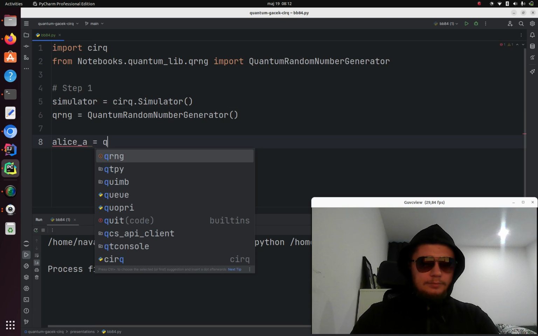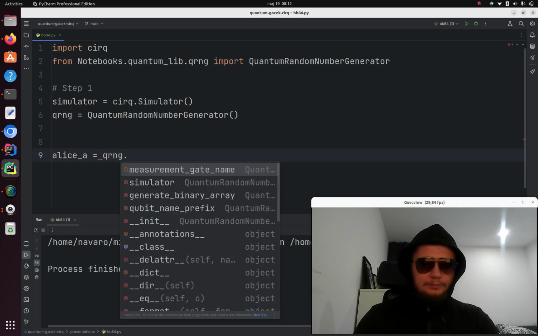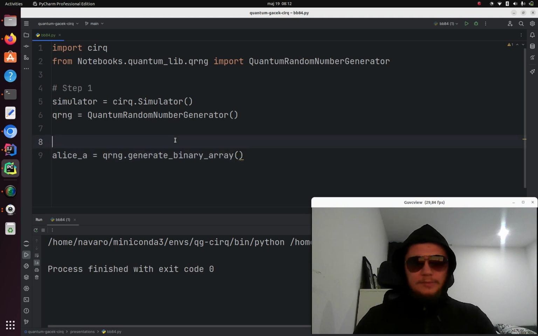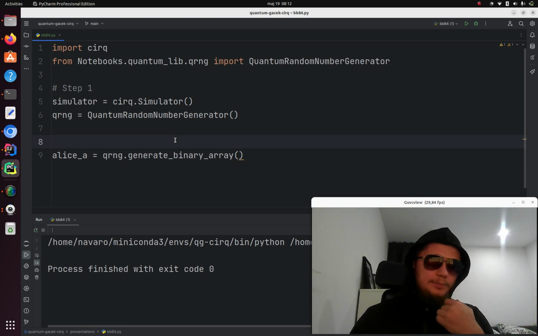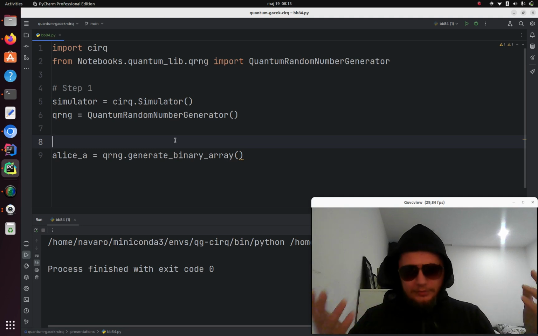So the PRNG generates a binary array. Now we need to select a length, and it turns out that this number can be selected quite arbitrarily, but in order for stuff to be easier to present and actually even to prove,